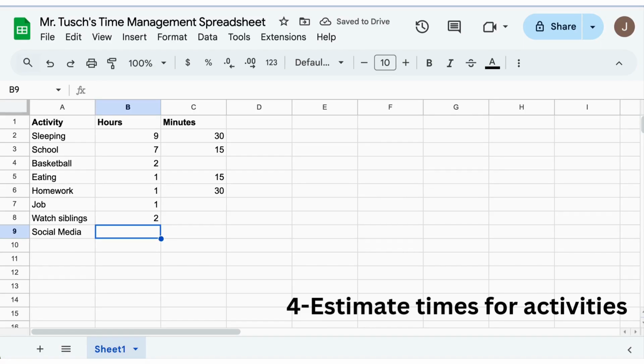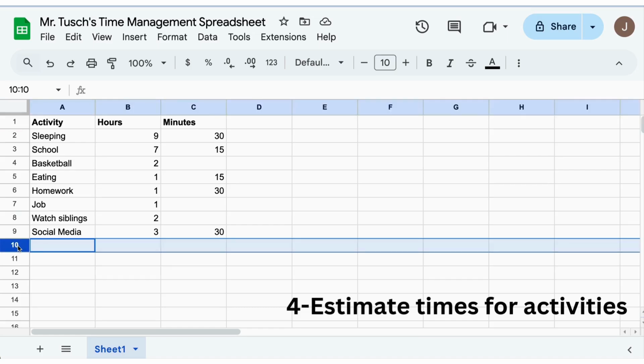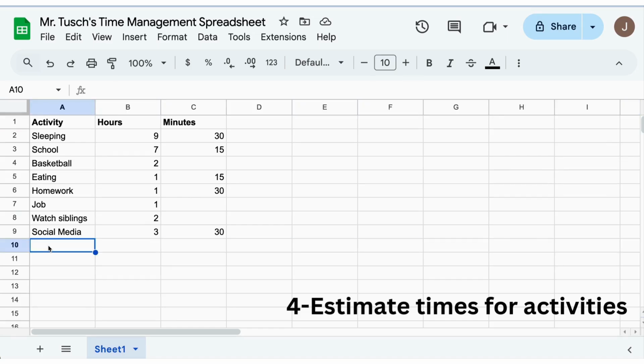And then I want you to go ahead and put in here social media. Maybe you spend a good 3 hours and 30 minutes doing social media. Just add all that up. If you don't know the time exactly, estimate it. Do your best. If you have to add things in here, you can go right over to here and just keep adding it in. Maybe you just realized that you have to practice your guitar, or you're going to spend time gaming. Let's say you're going to do some gaming, right? So maybe I spend 2 hours a day gaming. So I'll go ahead and put that in.